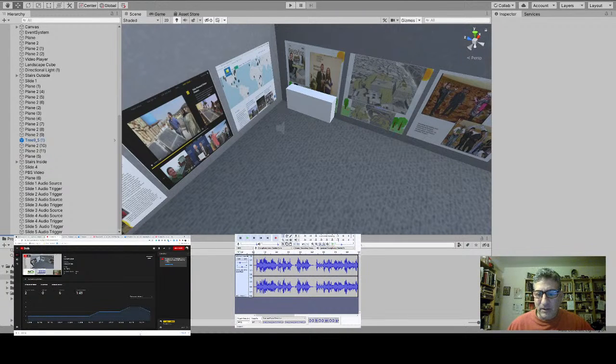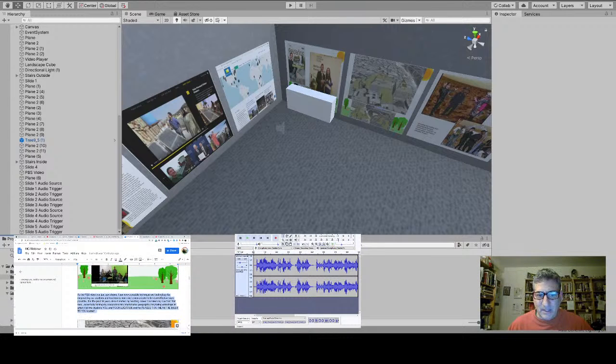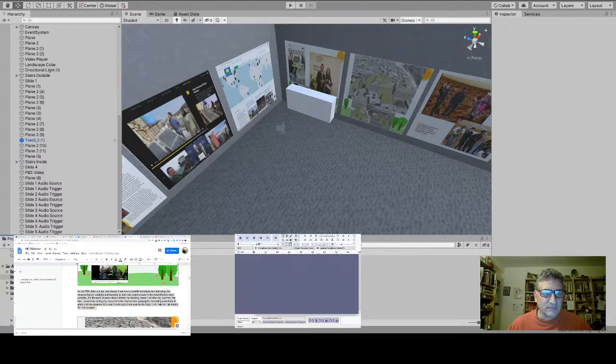So now I'm going to go to Audacity, and in Audacity I'm going to open up the script, which is here, and say this into Audacity so that I'm saying it in a new file. I'm recording, get rid of this, let me save this as slide 5, and then